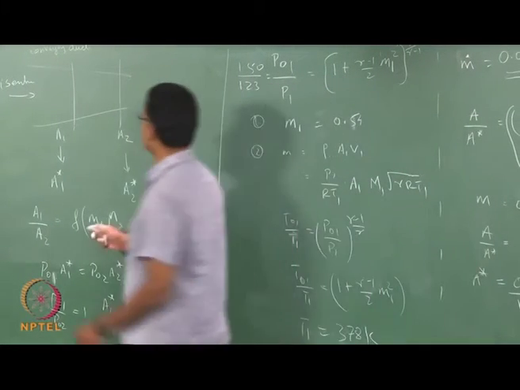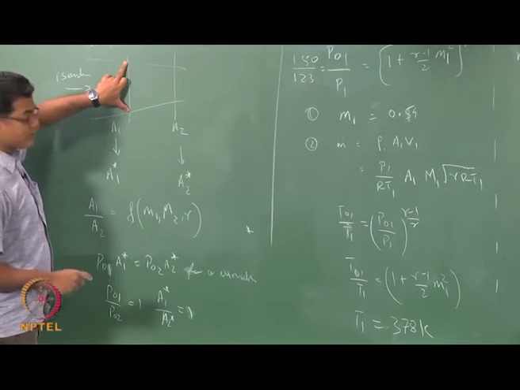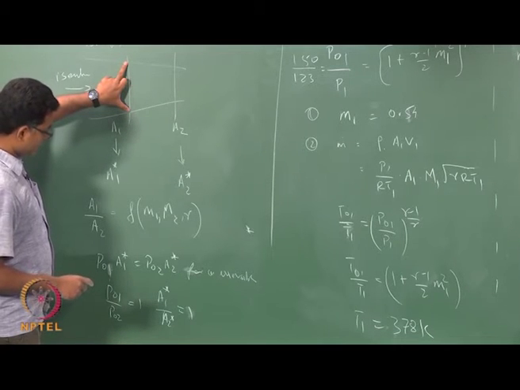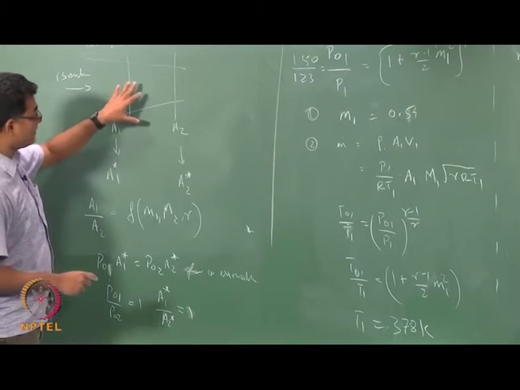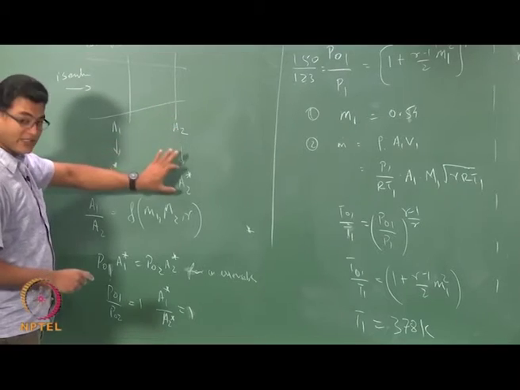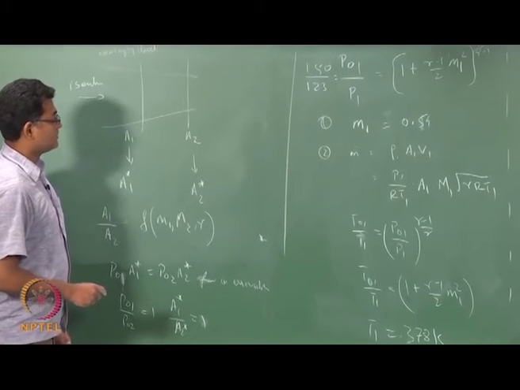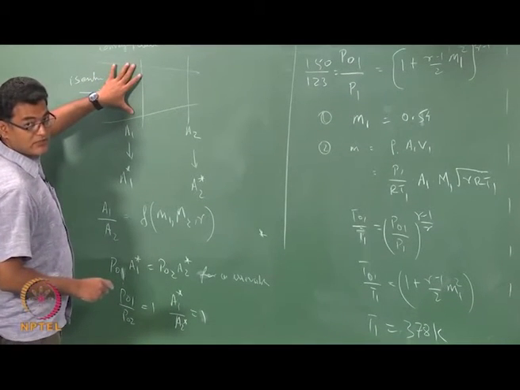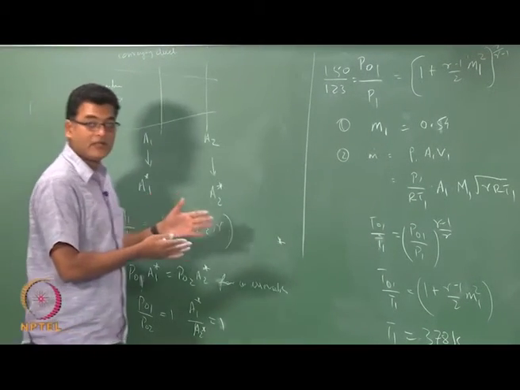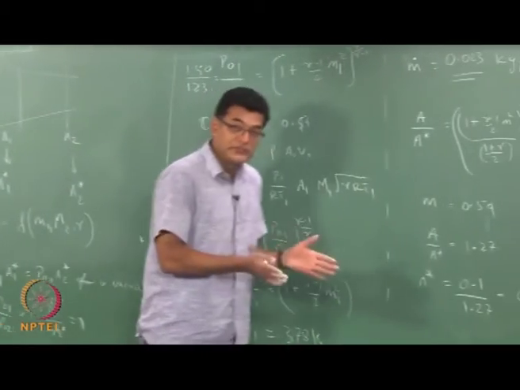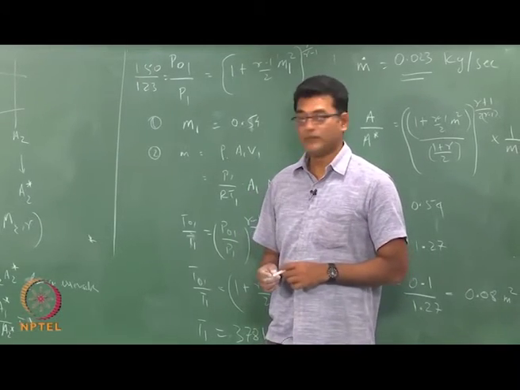So, what does this mean? So, the section at this flow, if I have a fluid at this particular section A1, it has to undergo a process where area will reduce to A1 star to get M equals 1, whereas here it will reduce to that same A star to get M equals 1. Okay. So, if I have a large Mach number to start with, then what would be your A star? How much will you have to reduce the area to get M equals 1? That is the meaning of it.